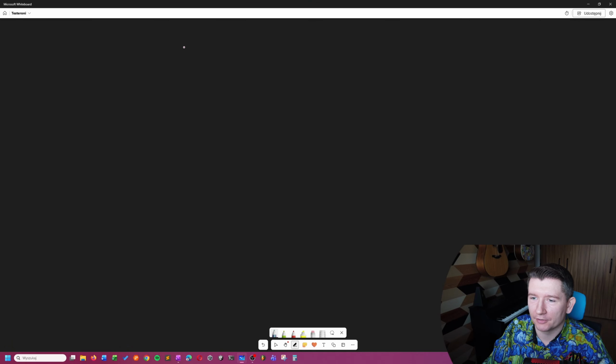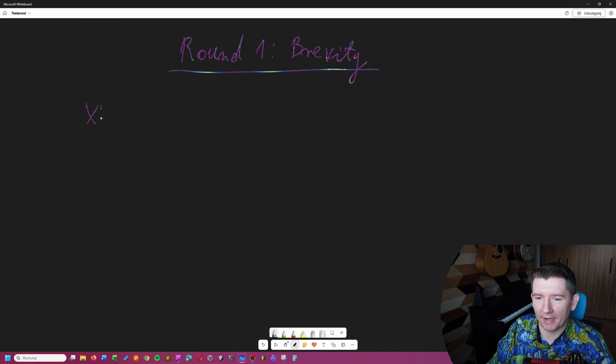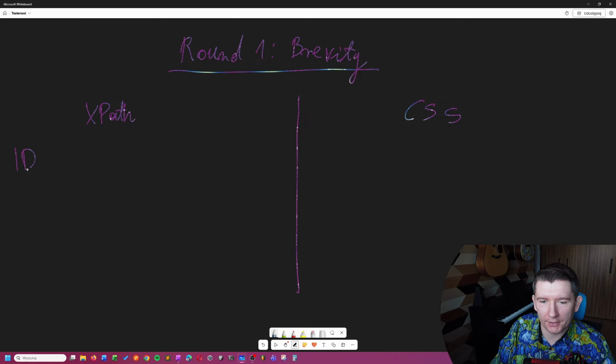So let's take a closer look at the syntax. Let's jump to our Blackboard and let's start round 1, which will be based on brevity. So let's do XPath on the left-hand side and CSS on the right. So let's say we want to find an element by its ID. In XPath, it would be